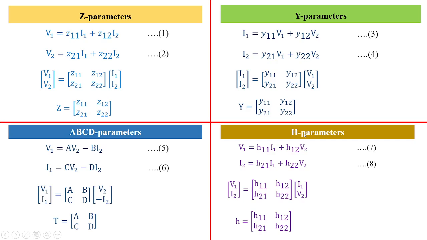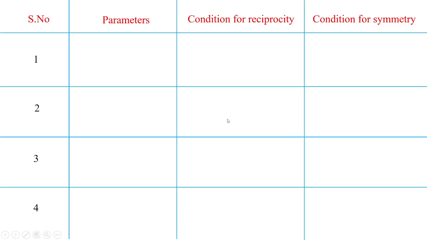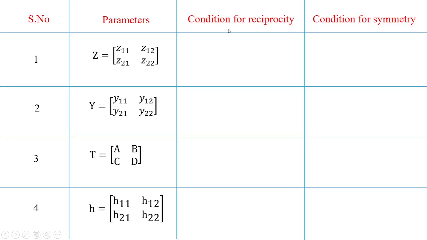And hybrid parameters, generally we are going to see their applications in the branch of ECE engineering, that is electronics and communication engineering. So equation 1 to equation 8, these are the standard two-port network parameters that you are supposed to learn from the two-port network concept. Now another thing we have to remember is the condition of reciprocity and condition of symmetry